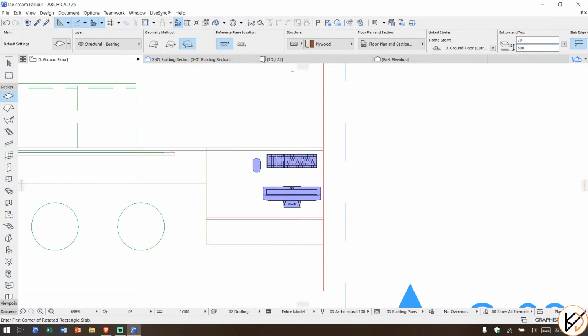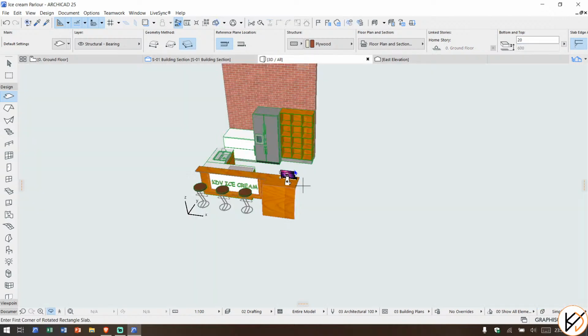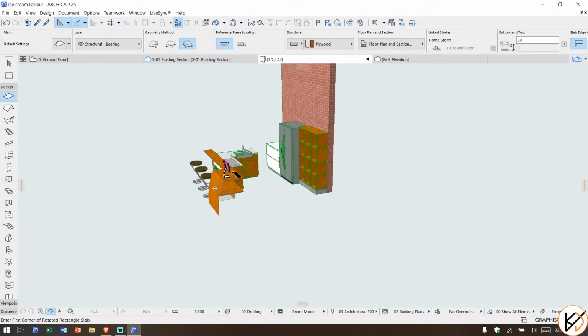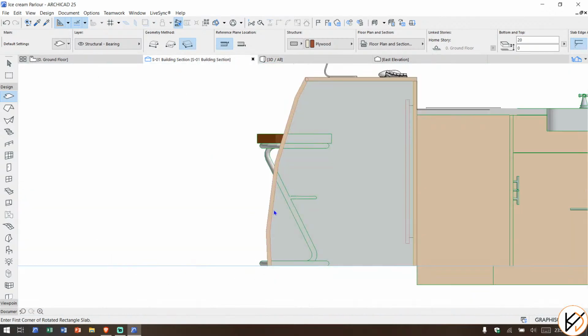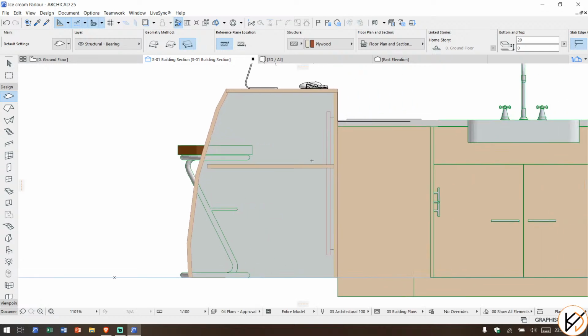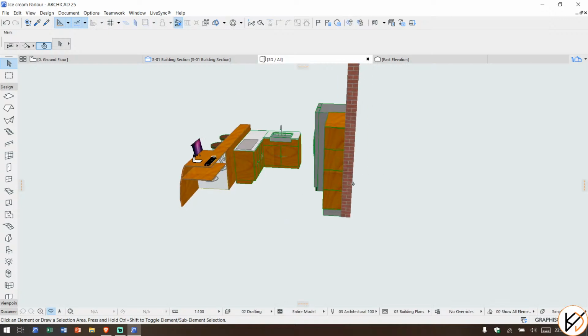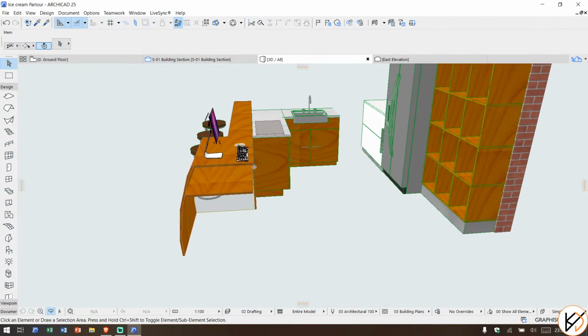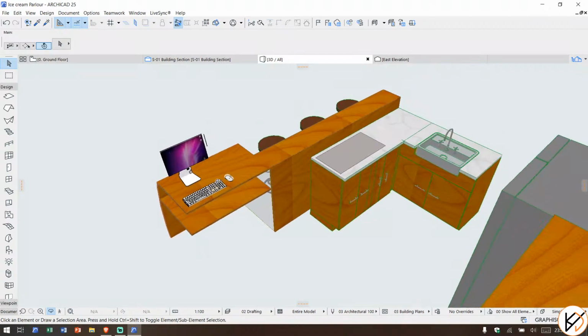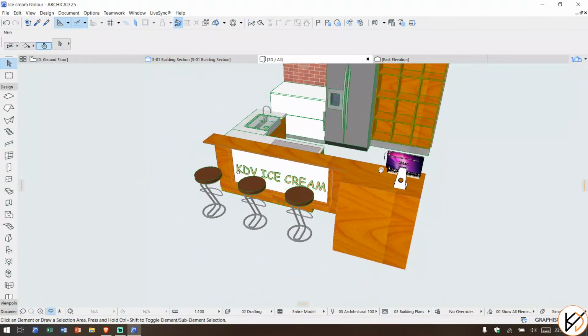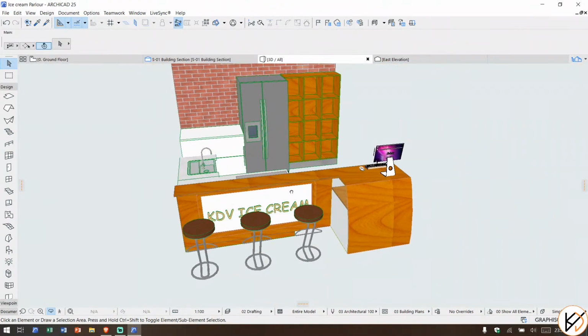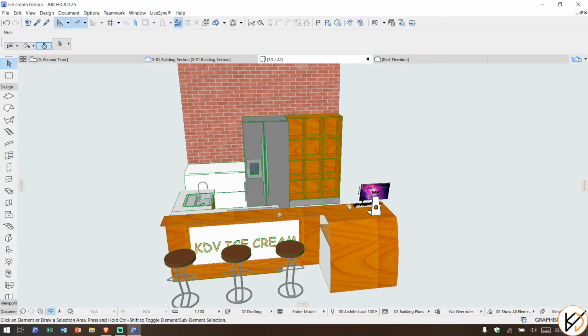And then look at it in 3D, stroke all. It is there in building section. Is it okay? No, we want to drag it a little up, a little up, a little up. There we go. So if someone is going to serve ice cream, they just stand here, take your order, and do stuff. Yeah. Anyway,